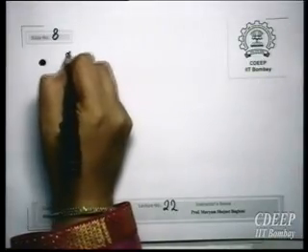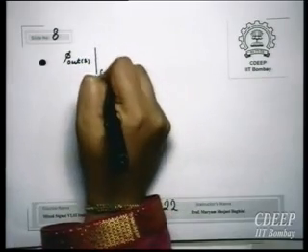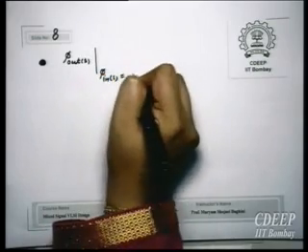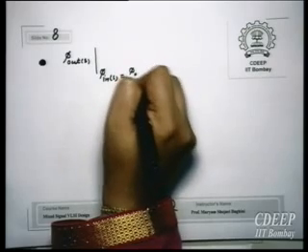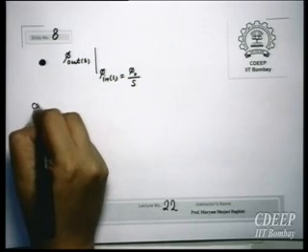Wait, let us see. Phi out is, if phi in S is equal to, say, phi 0 upon S, right? Therefore, phi out is